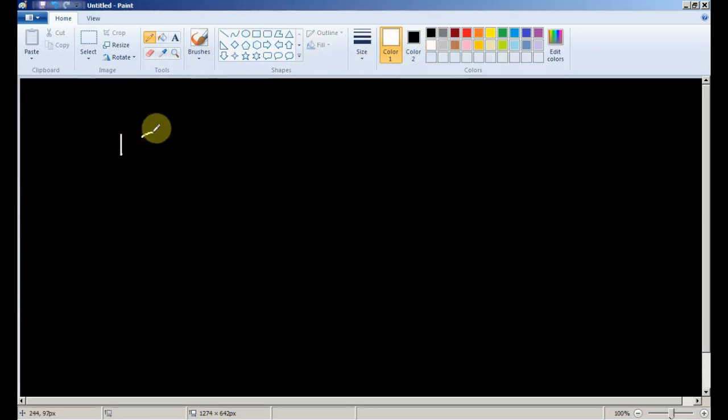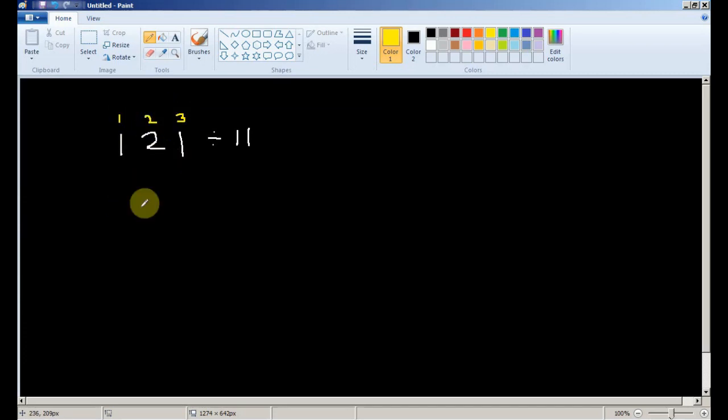Suppose there is a number 121 and you want to test whether this can be divided by 11 or not. Simply, you have to look at the positions. This is first position, this is second position, and this is third position, right? So this is odd position, this is even position, this is odd position.